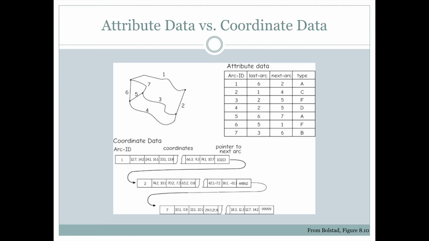With GIS, we have to store both attribute data and coordinate data, but the coordinate data is typically not visible to us unless we do some other steps. In this example here, we can see some lines that are building into polygons here, and we have the associated